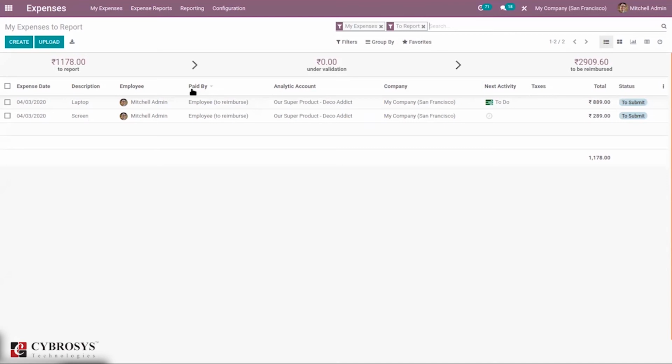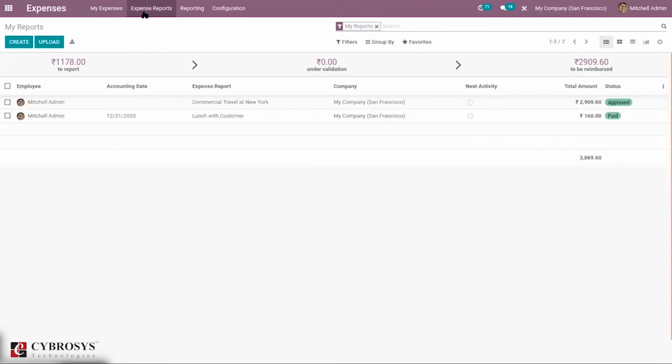who will in turn make the payments and post the expense. So we can see my expenses to report, create an expenses report, upload, export from here, and we can see the number of total amount to report, under validation, to be reimbursed. And here we can see my expenses, all my expenses, my reports, then expense reports to approve, post, pay, and all reports. Then we can configure the expense product,